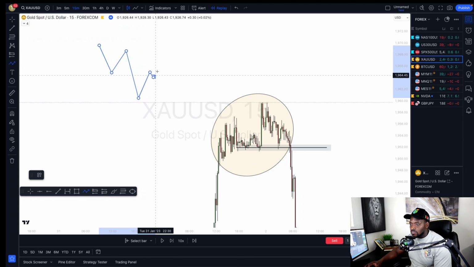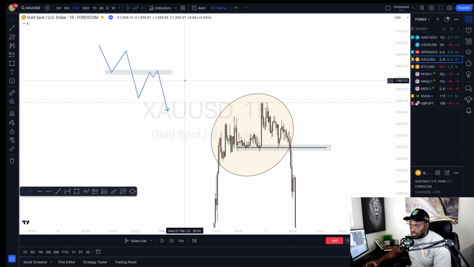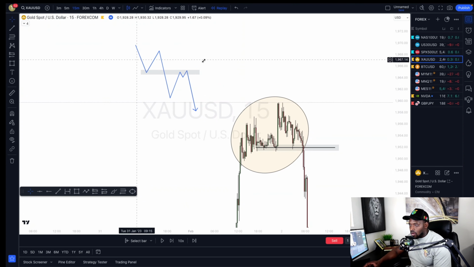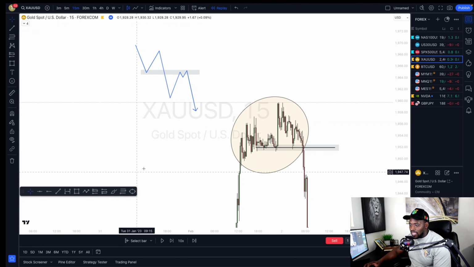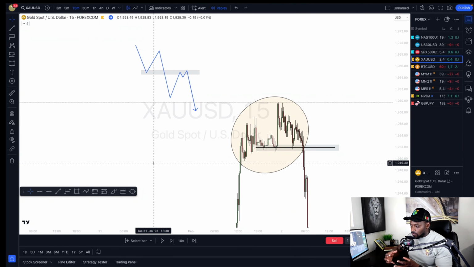Reject and take it down to the next destination, right? That is what this strategy is in a nutshell. It's just the way to identify it before it takes off on you is to identify it by entry candlestick combinations, engulfing candlesticks with rejection candles right before them. All right,